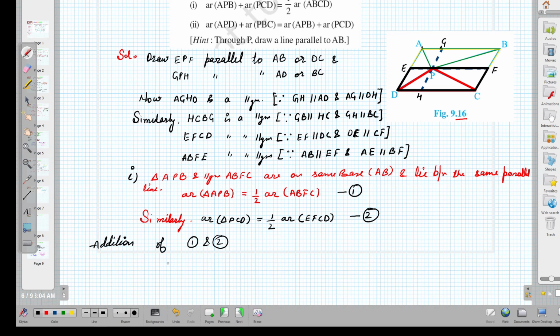Addition of 1 and 2. So what we'll have? The area of triangle APB, right, plus area of triangle PCD, that is equal to the half of the area ABFC plus half of the area